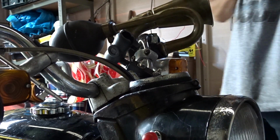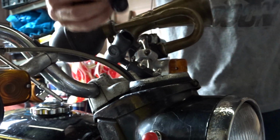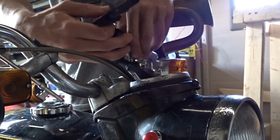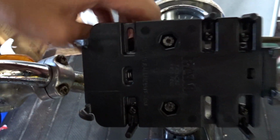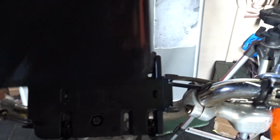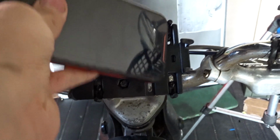So now we take the phone mount that we've assembled earlier, and we're going to put it on the bike. Now I'm putting it upside down, I think. Just don't know how well that will hold, but we'll see what happens. And I think that's going to hold it steadier than the other mount is, but let's have a little look-see. Try clip this in with one hand. I think it'll go in this way, won't it? So,